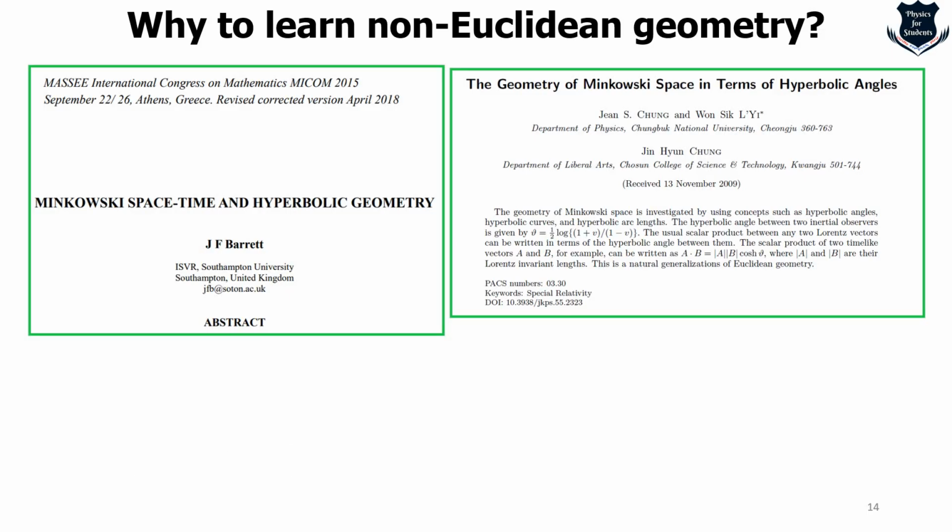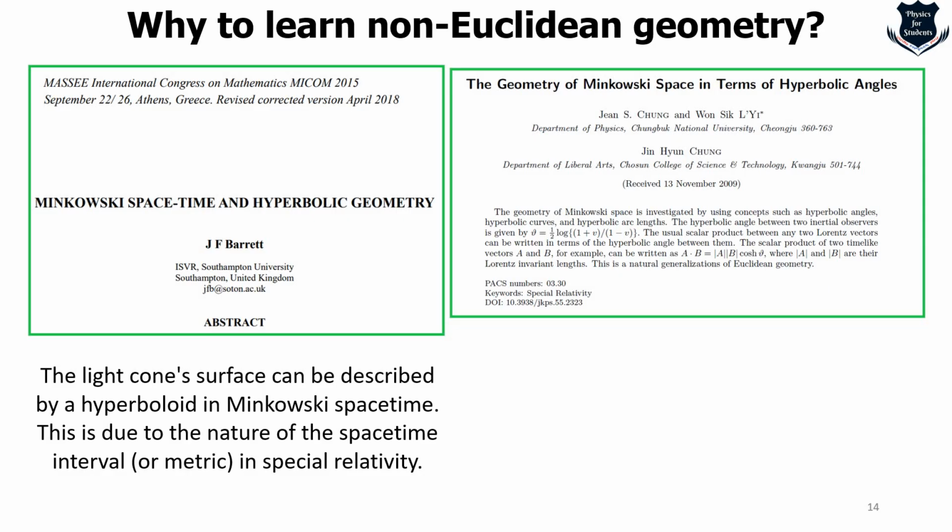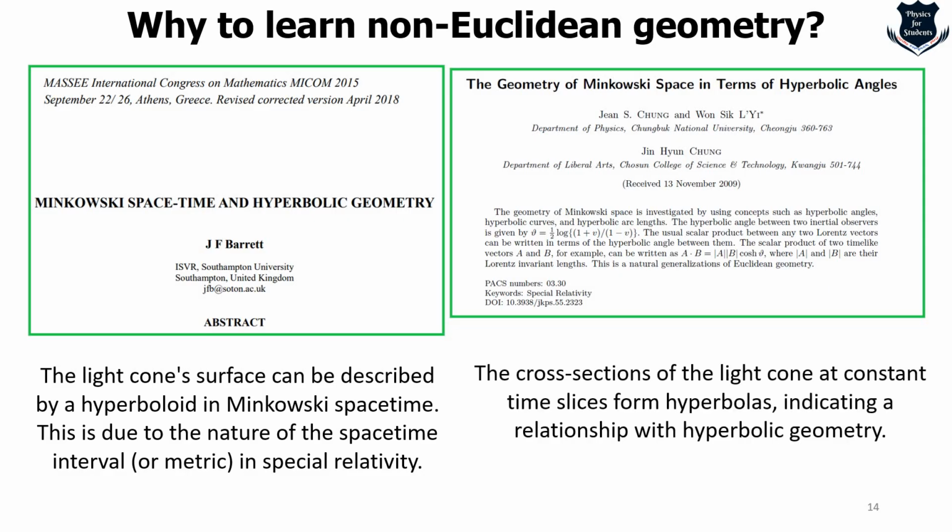So finally, what we come to know from here is that the light cone surface can be described by a hyperboloid, and this is due to the nature of spacetime in special relativity, and for that you need to learn hyperbolic geometry. Also, the cross sections of the light cone, which I have not shown here, if I take the time slices, they form hyperbolas, which indicates a very close relationship with hyperbolic geometry. So that sets the stage and gives you a reason and an objective for why you should